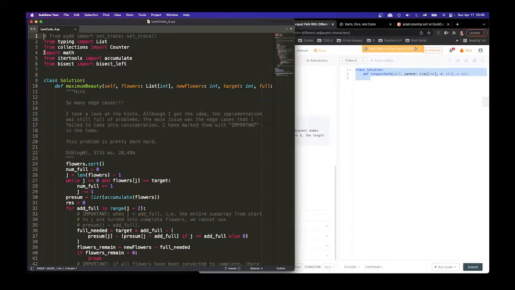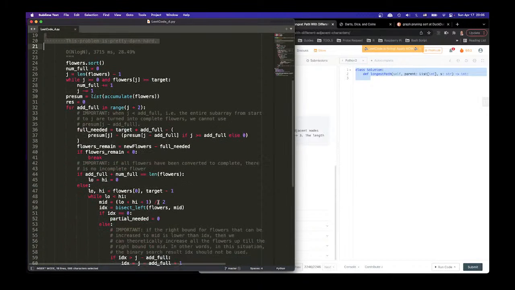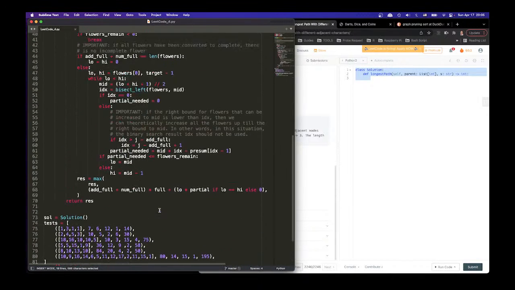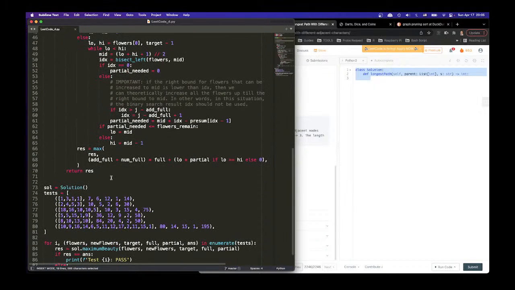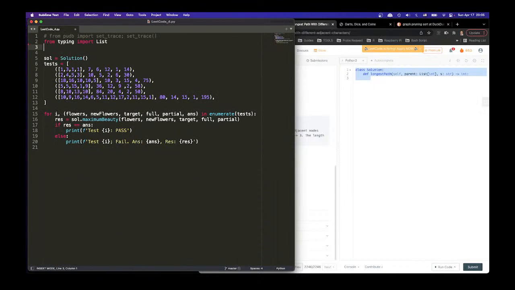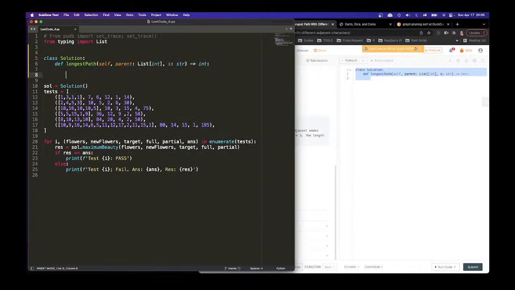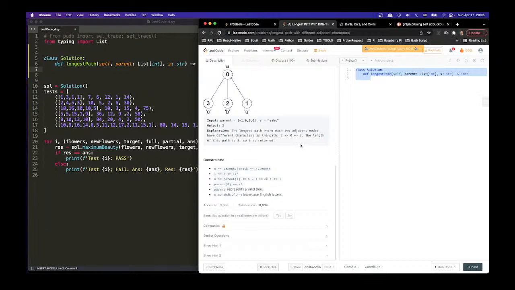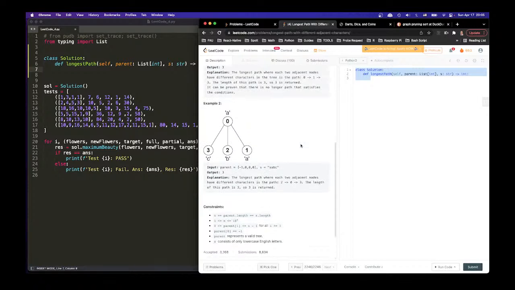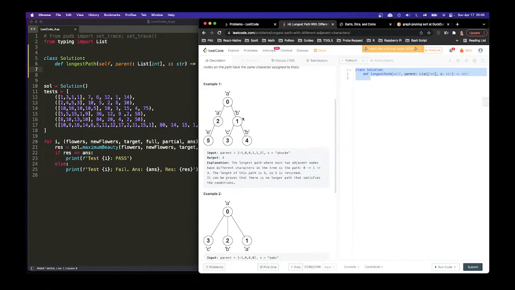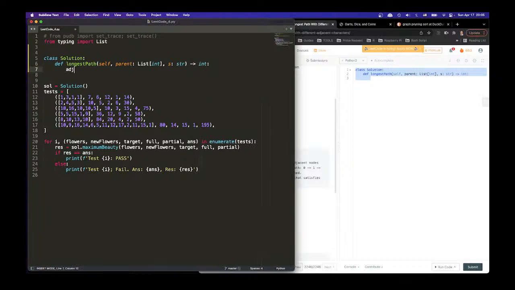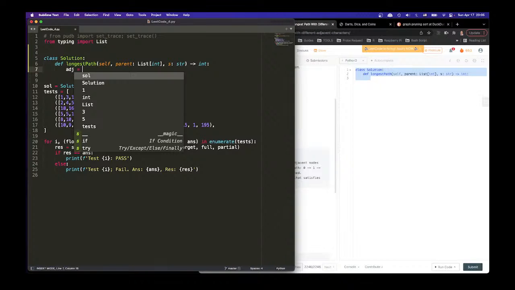All right, there's a few things. First of all, we need to create the adjacency list. What the hell is this problem? Oh, I remember this problem. Oh my god, that's a very tough problem. All right, adjacency list. How do we do adjacency list? So we have parent. Adjacency list. Okay, so this one will equal, I don't know,